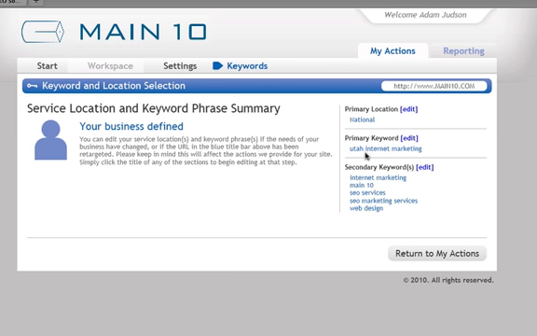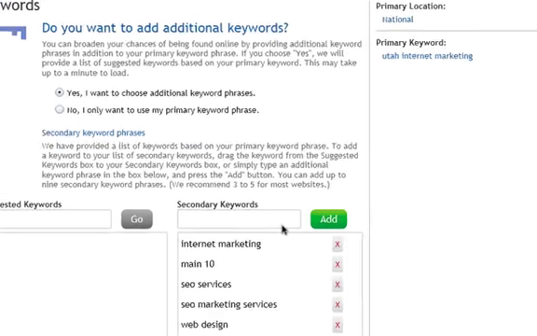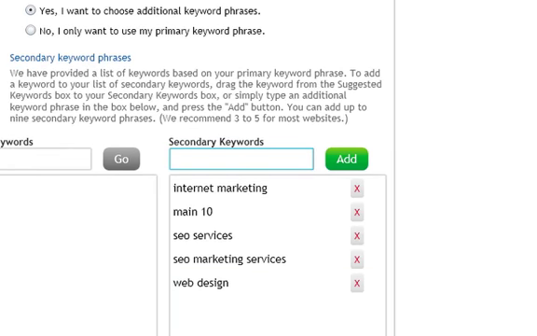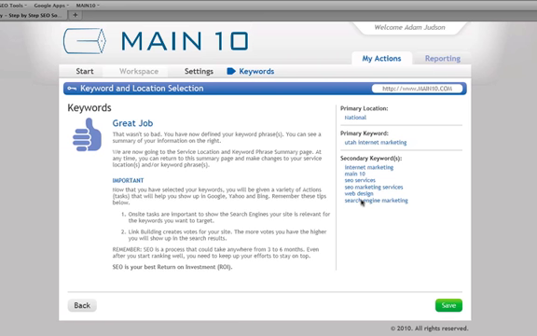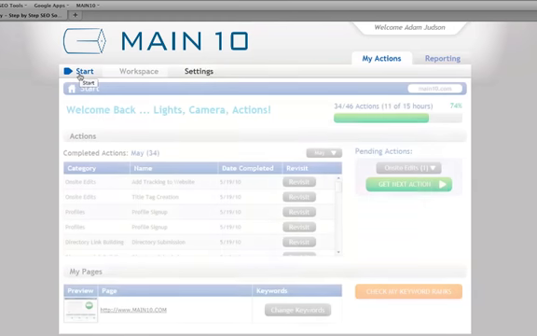Our primary keyword here, we've got Utah Internet Marketing. We could change that at any time. And then our secondary keywords we can change at any time. It's easy enough to do. You just click edit. If I want to add a keyword in here, I can just simply type it. Click add, and it adds it below here, and then I just click next, and you can see that's added there. I'm going to go back over to my start page,